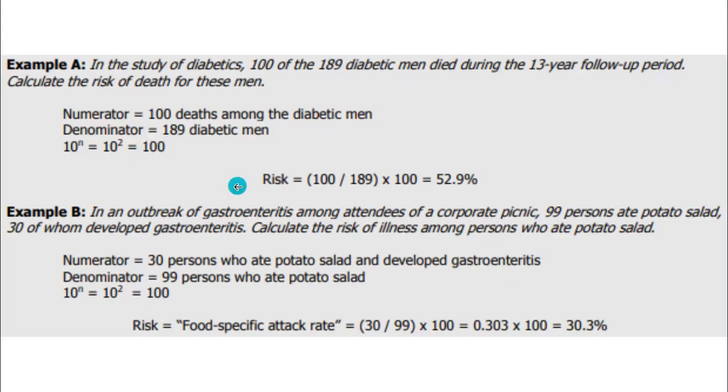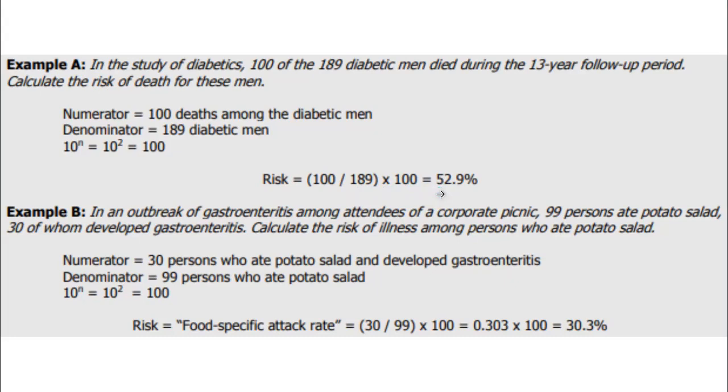Calculating the risk, the numerator is 100, the number of deaths among diabetic men, divided by 189, the total number of diabetic men enrolled in the study. Then we multiply the quotient by 100, and we get a risk of